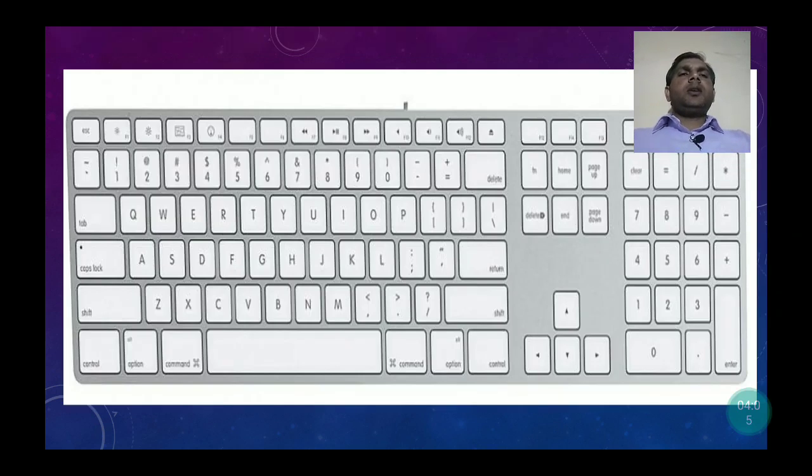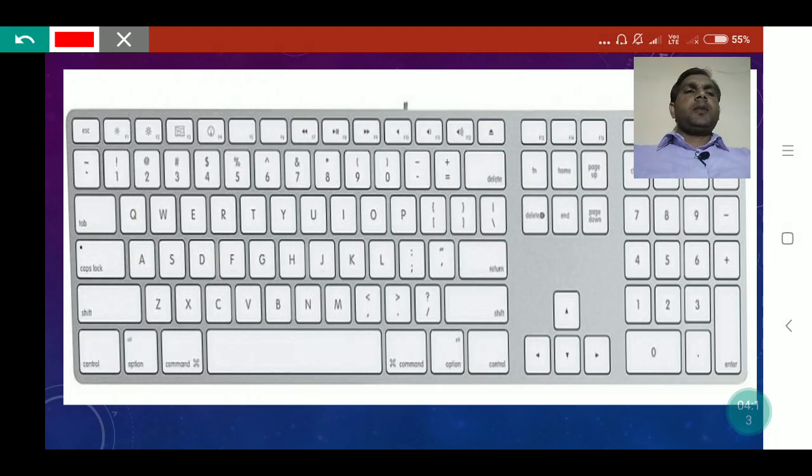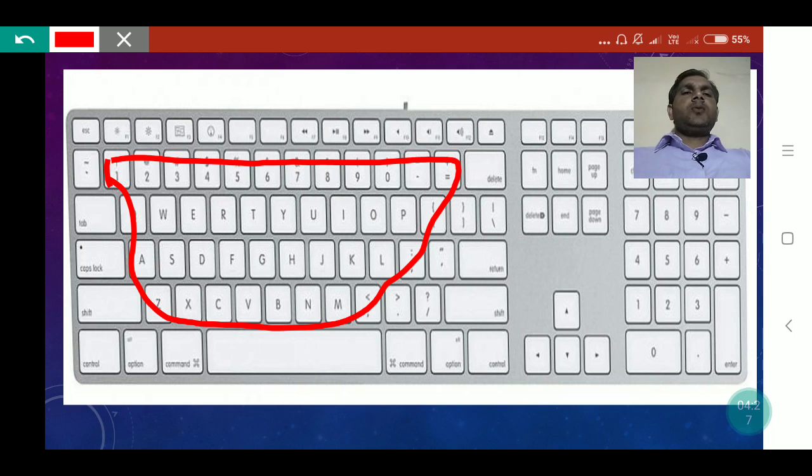The first kind is the alphanumeric keys. On this keyboard, the alphanumeric keys are from 1 up to 0 and A to Z, that is QWERTY up to M here. These are the alphanumeric keys on this keyboard.